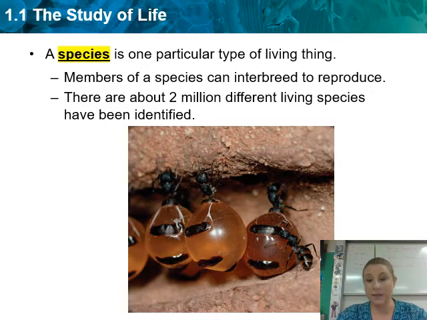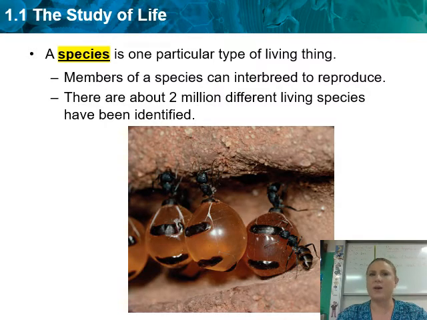And on our planet, we have identified about 2 million different living species. And that's only what we've identified so far. There's still things that we are discovering every day. And there's things that have gone extinct in our lifetime. And there's a whole fossil record full of things that were at once alive on our planet. And so if you think about our planet as a whole, we have a ton of living things, many different varieties. So that leads me to our first essential question.